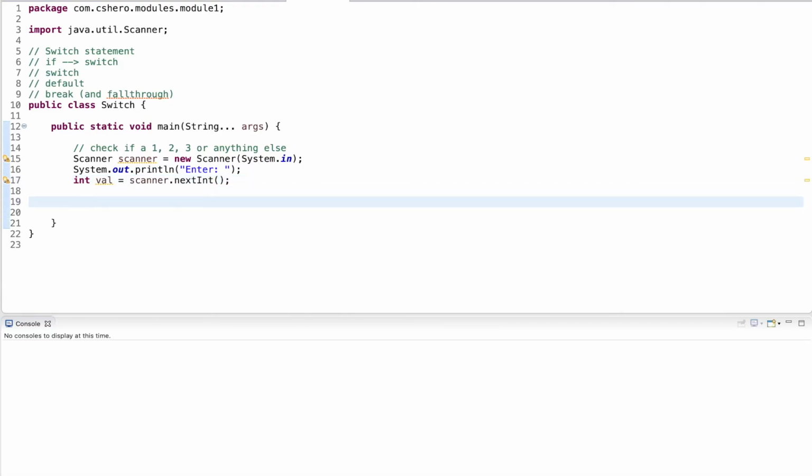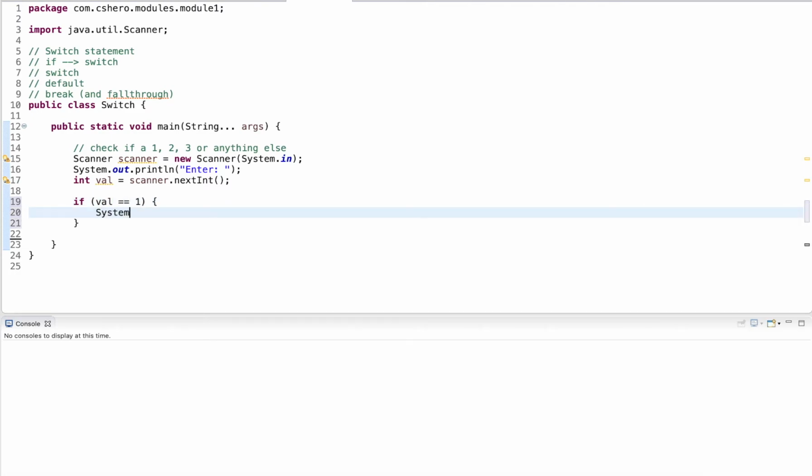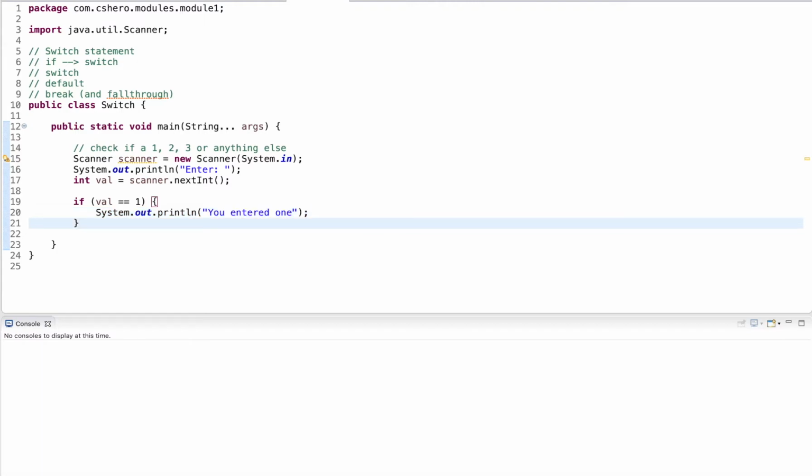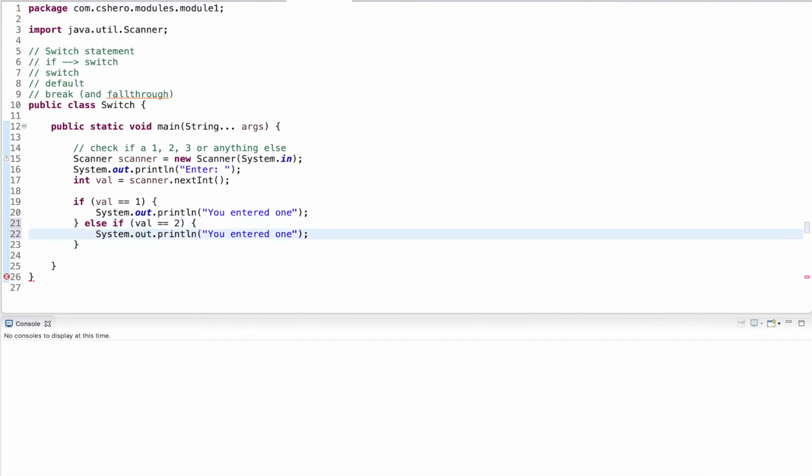Now I want to check if the value is 1, and here I just use simple statements. You entered 1. I copy this for later. Else if val is 2, I output you entered 2.